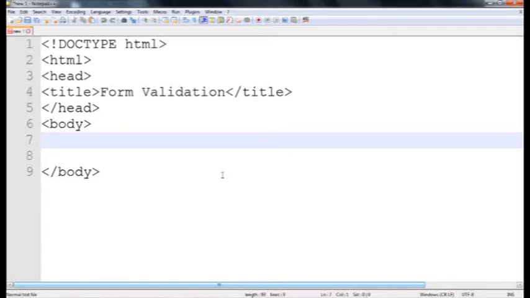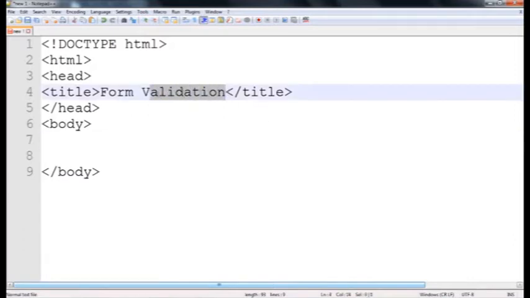In this tutorial we will be learning how to validate HTML form using JavaScript. So this form validation is very necessary when we want to validate different values entered by the user in different form fields, like whether the user has entered a particular form field, or whether the user has entered the correct email format, or whether the different passwords entered are the same or not,